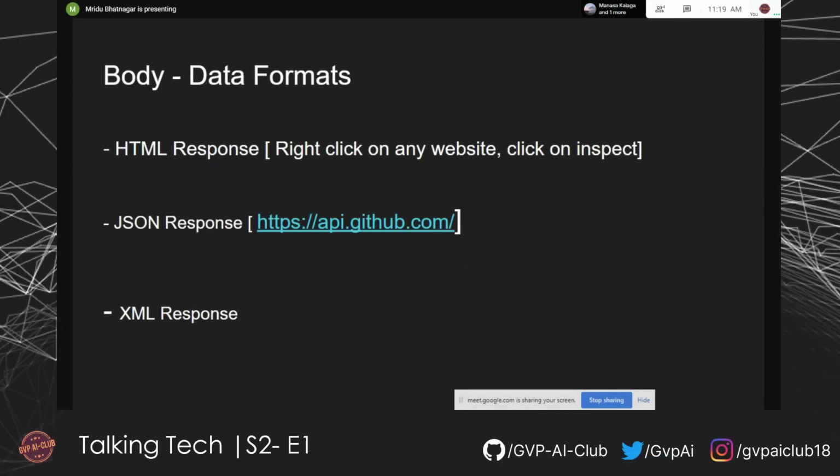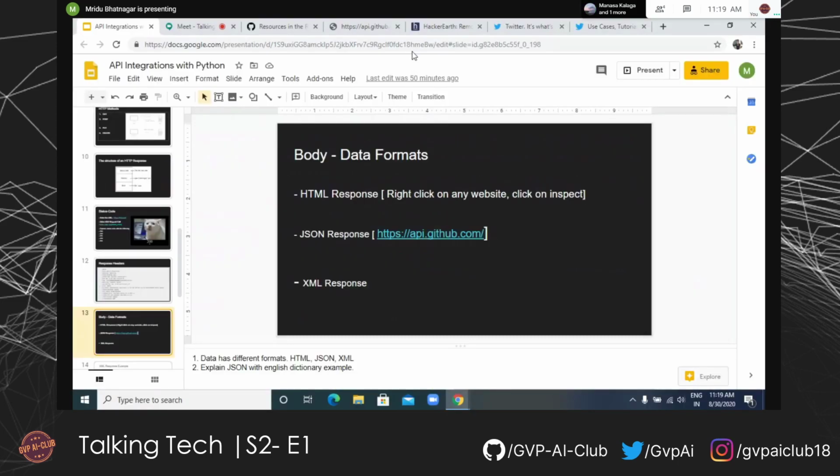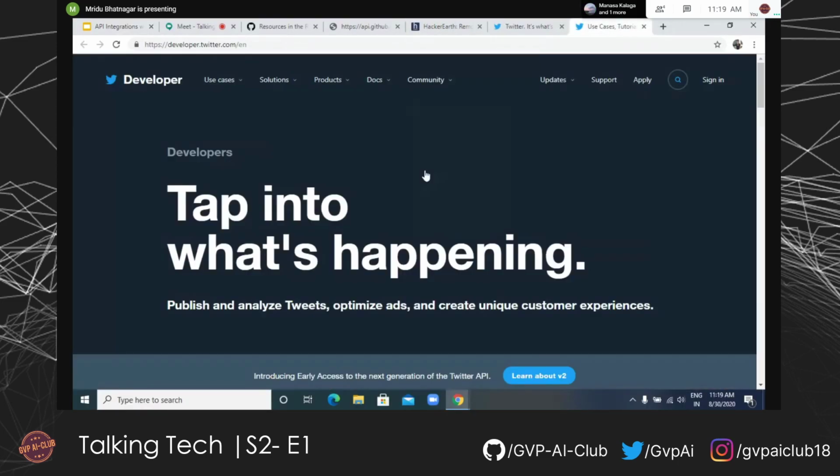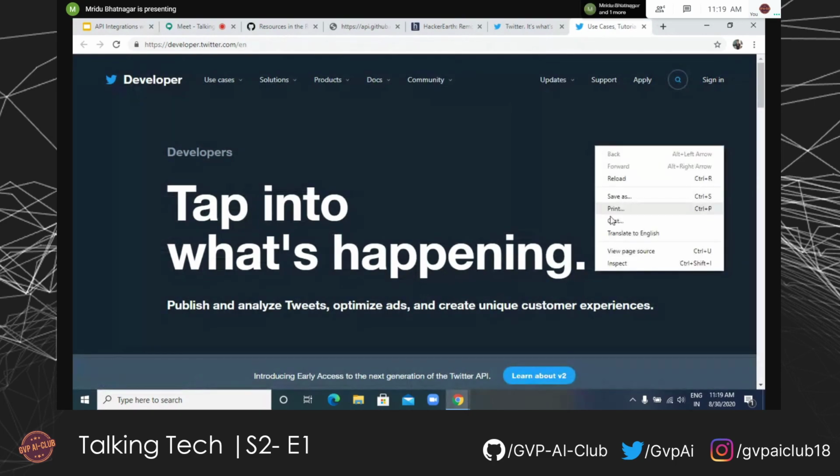And then we have various kinds of data formats. So if you are a front end person, you would know what HTML is, or HTML is rather something that everybody knows. So there is an HTML response, then there is a JSON response, and then there is an XML response. The example of an HTML response is, you go on to any website, suppose I am on the Twitter website, and then I click on inspect,